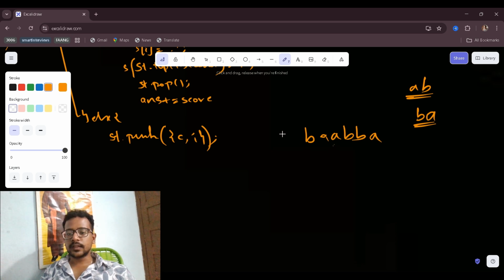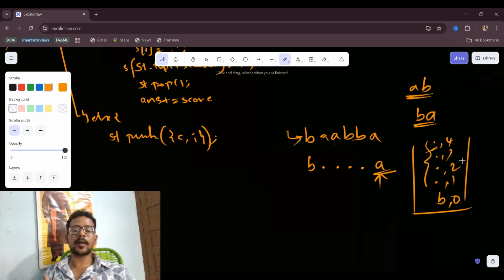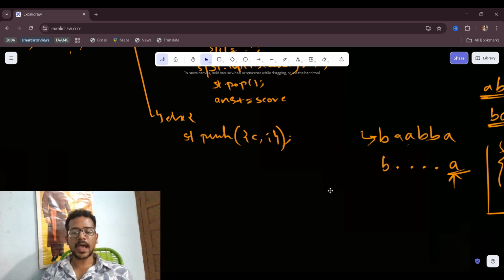So this string would become B dot dot dot dot and then A. Now when you get to this A, the stack would contain B comma 0, dot comma 1, dot comma 2, dot comma 3, and then dot comma 4, and then you will get to this A. Now the previous character is not B, but these dots are pushed back so that I am not getting the previous character as B. So else if